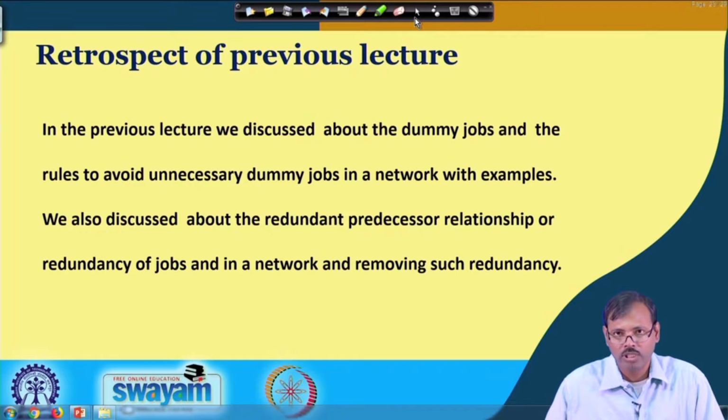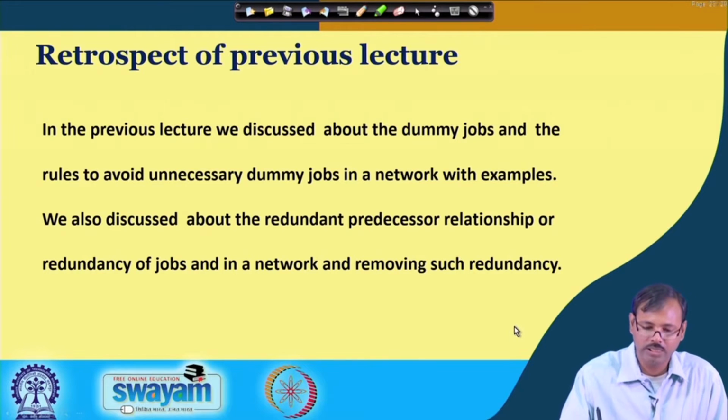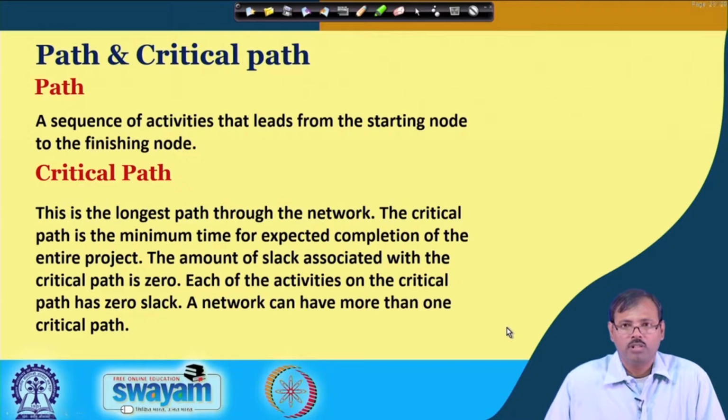So, now let us carry out some analysis on the network, and this analysis is called the critical path method. We will analyze the criticality of a network for the possible optimization of the same. Let us understand a few more terminologies here, what is a path and what is a critical path, because we have already discussed the term critical path method. For understanding this, let us define it now.